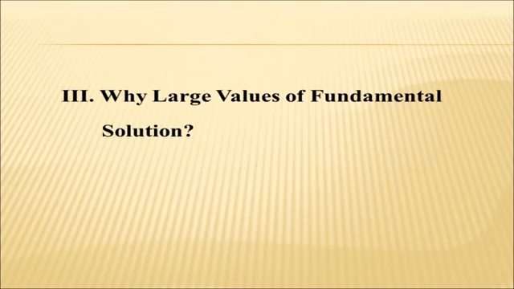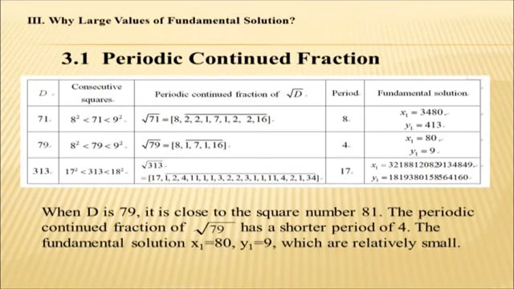So we would also like to answer the question of why there are large values of fundamental solutions we found. So we begin by investigating 3 different cases, which are d equals 71, 79, and 313. We will begin with d equals 71. When d equals 71, as 71 is almost the middle of 2 consecutive square numbers, we found out that the square root of d, if written as a continued fraction, has a period of 8, and the fundamental solution is relatively larger. When d equals 79, as shown,